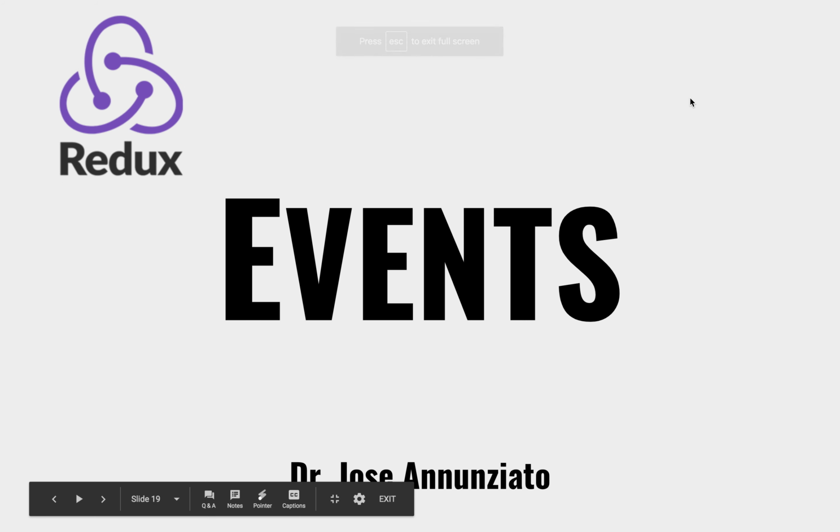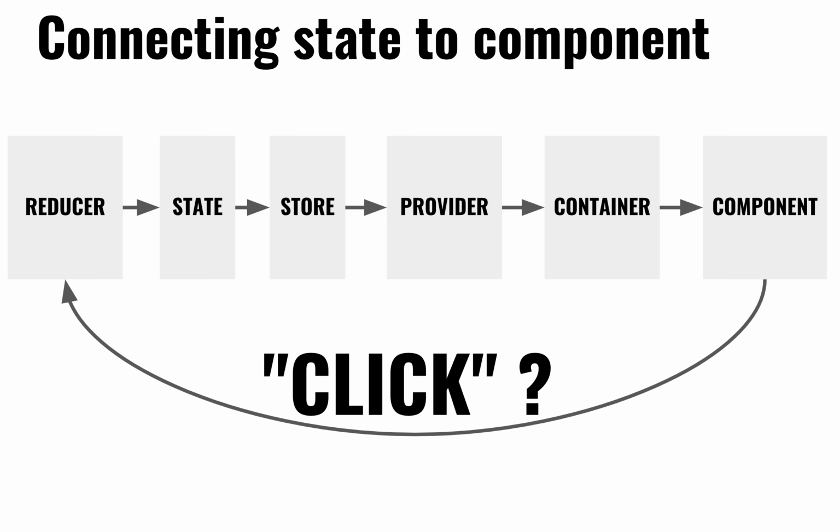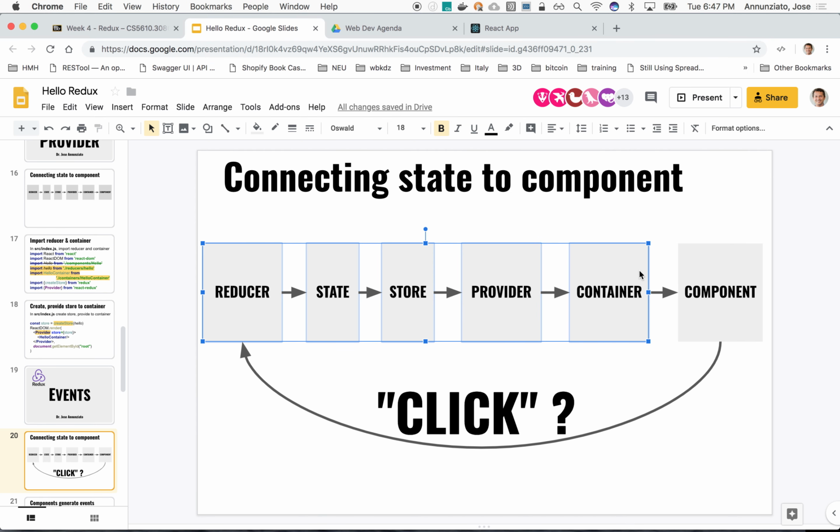Okay, so in the previous presentation we took a look at how we can generate events from the reducer and map them to the properties in a component. We want to go the other way around, so that we can go full circle. We would like to be able to map events, where the component would generate events and cause the reducer to calculate what the next state should be. So first, let's start with some really simple events such as clicking, and we'll see how we can handle